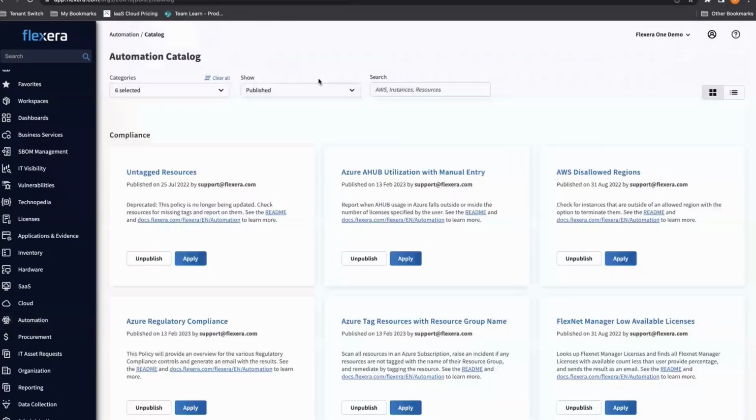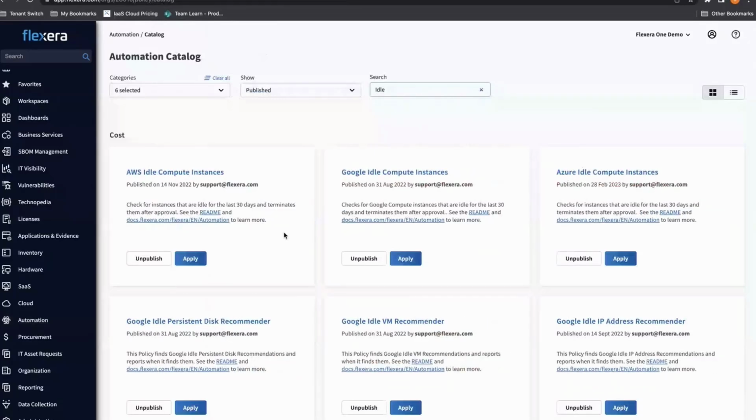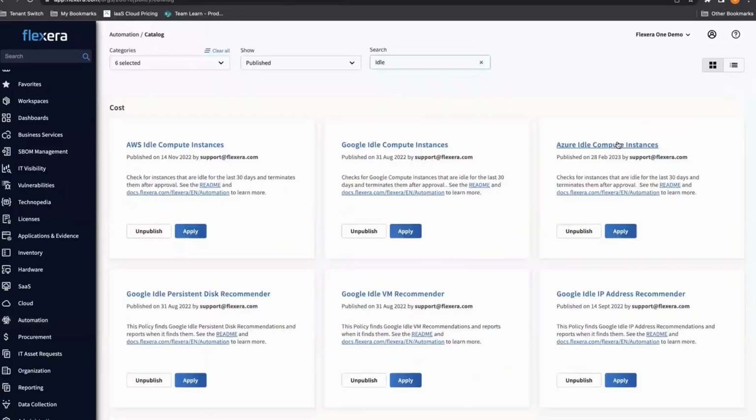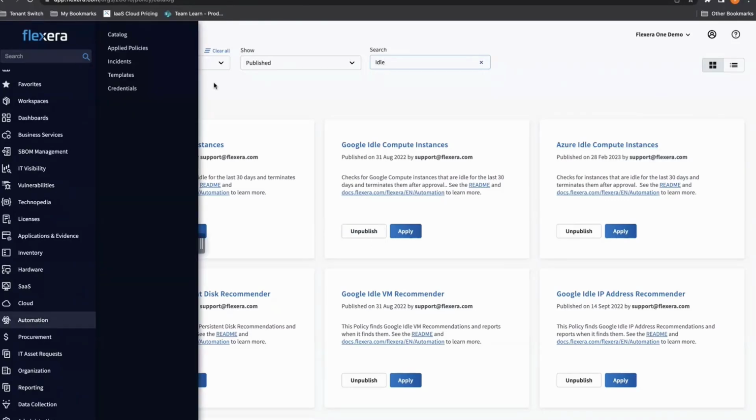Okay, so if I was to go and look for AWS idle compute or Azure idle compute instances, that data doesn't exist in the bill. That data exists in the subscription or the account of the cloud vendor where that is running, and therefore the configuration steps that we're focused on today are about how do I connect to and get that data? And this requires you to create additional credentials. Again, you'll find under your automation menu a credentials option